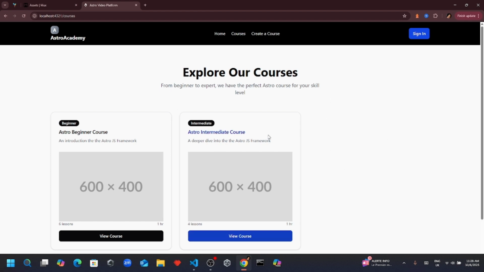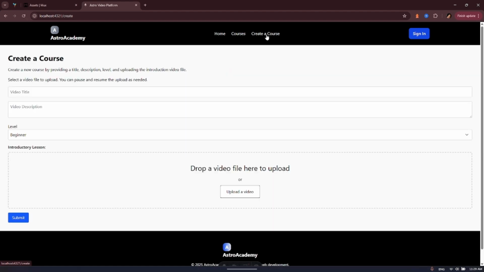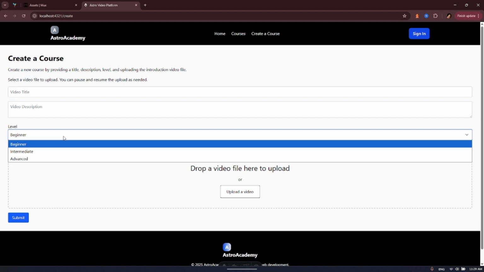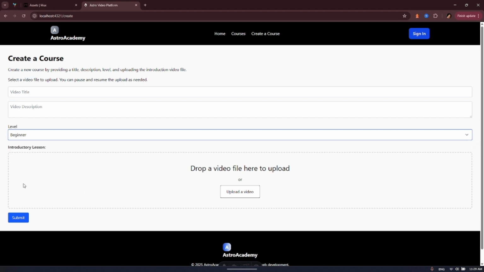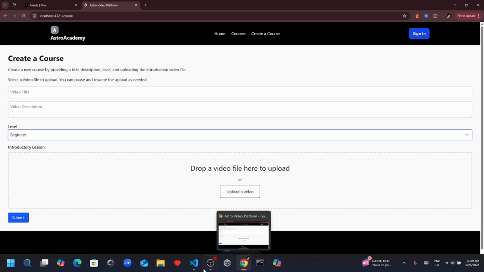so that it will show up here and it will populate this instead of the markdown. So I've made a page called create, and all we have is a simple form with the title, description, the level, and an area for the introductory lesson. So if we take a look at the code,